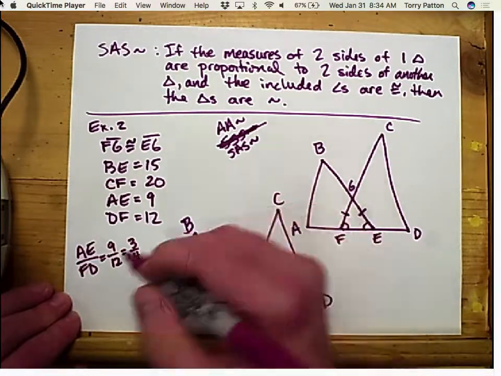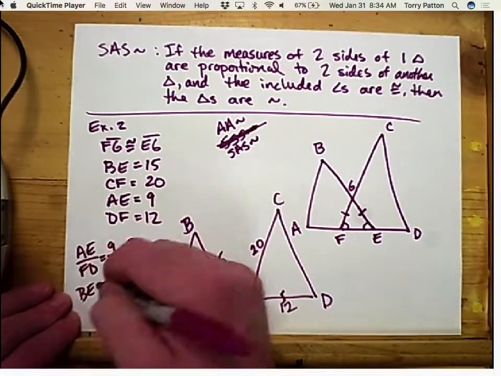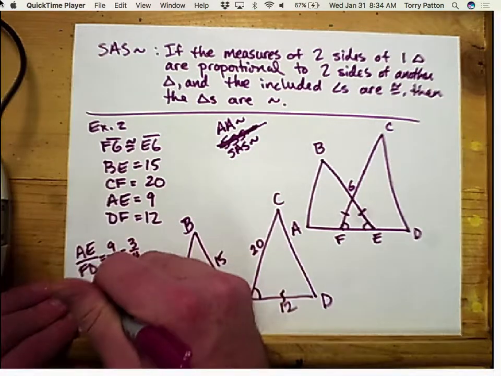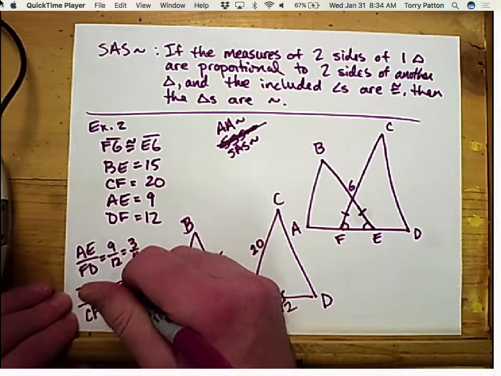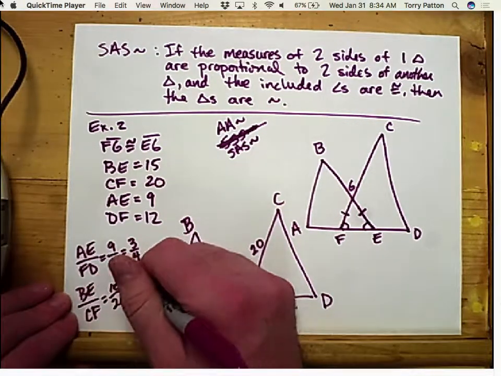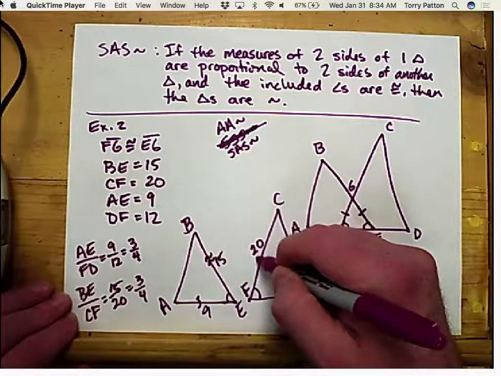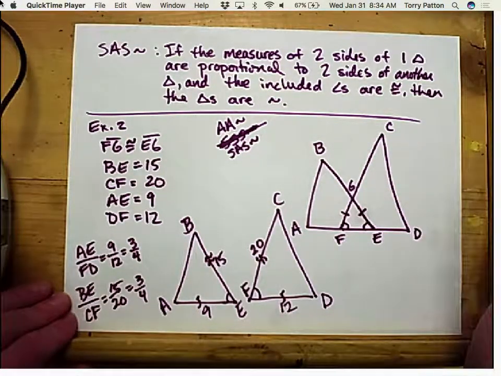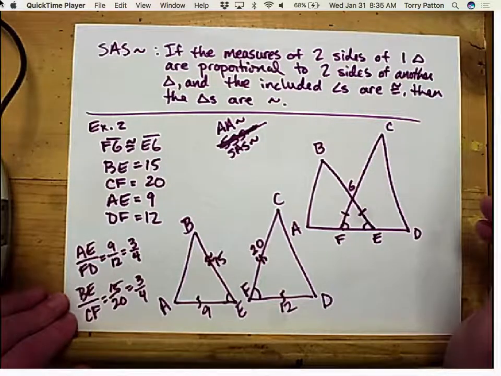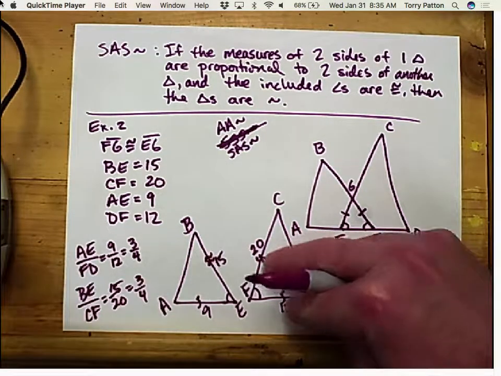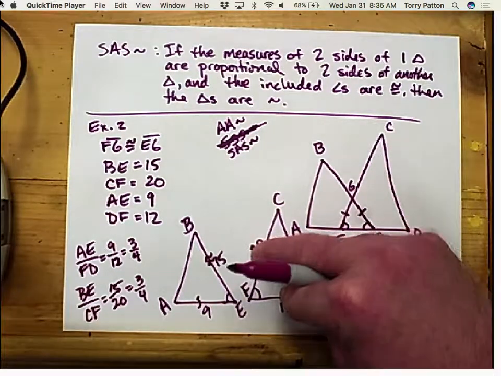So let's see, what is BE over CF? That is 15 over 20, which is also 3/4. So this corresponds to that with a ratio of 3/4. So do we have side angle side? Yes. We have two sides of one triangle in the same proportion to two sides of another, and the included